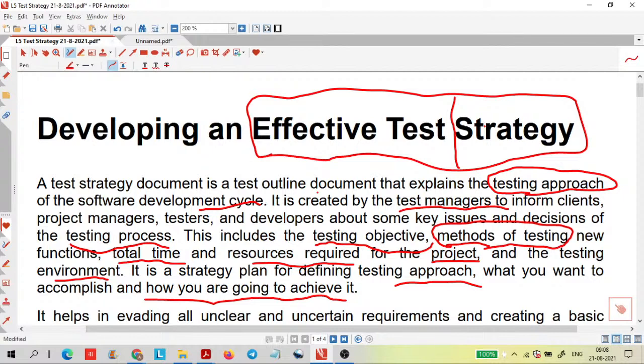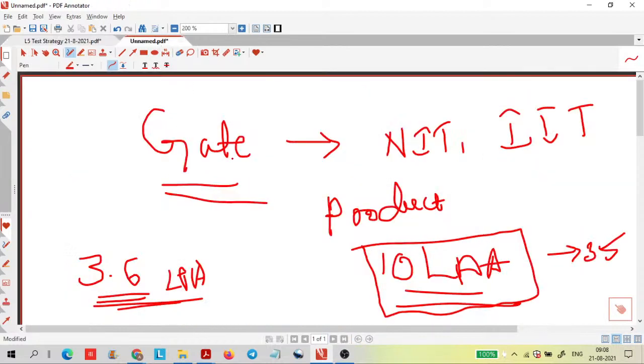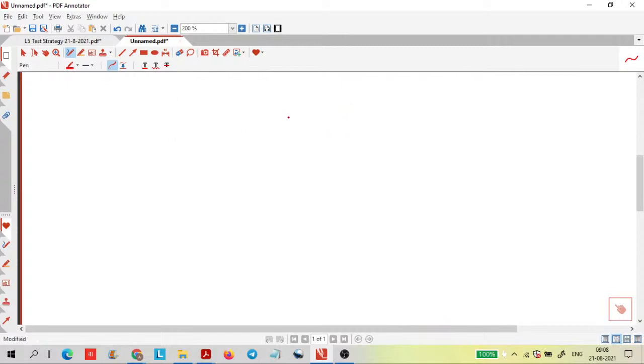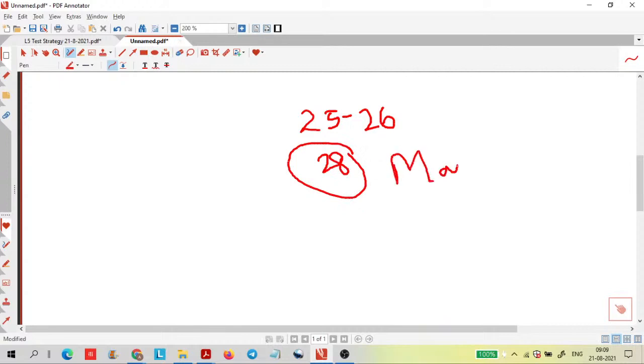Like they won't seriously prepare and just directly attend, and definitely, it is very difficult to crack, but it is not a difficult task. Also, see, normally the cutoff for the general category will be around 25 or 26, or sometimes 28 marks. Means if you get this cutoff, you will get a GATE score, or qualify in